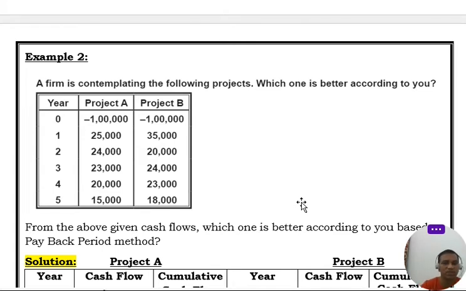But here two projects are there, so you have to calculate the payback period of both projects. You can compare, and the project which is giving the minimum payback period should be accepted compared to the other. And what is the information required? Cost of the project. Yes, cost of the project is given. How much? 100,000. How will you know? It is given with a minus. Minus means cash outflow. Outflow means cost of the project.